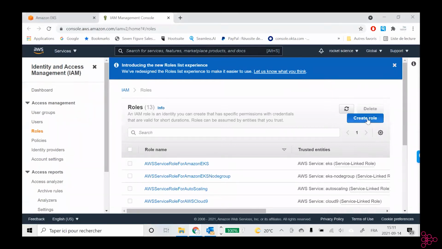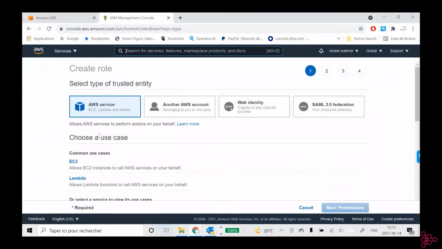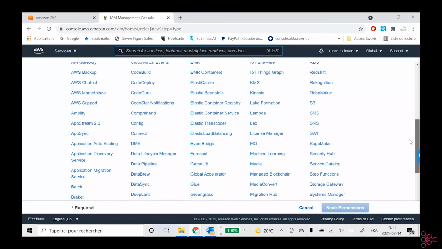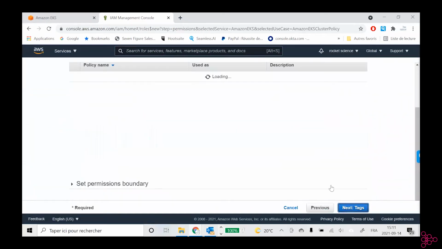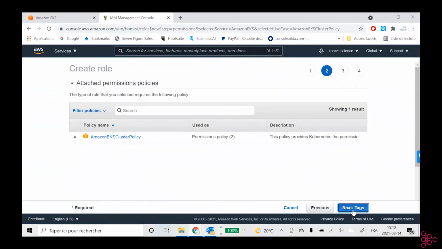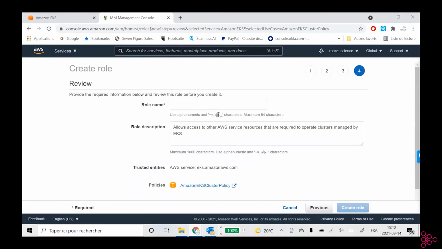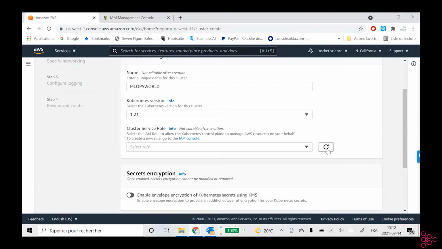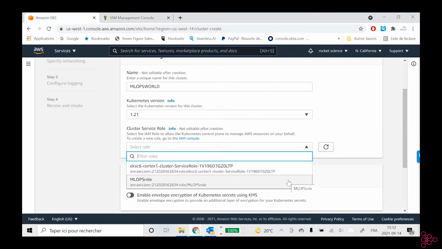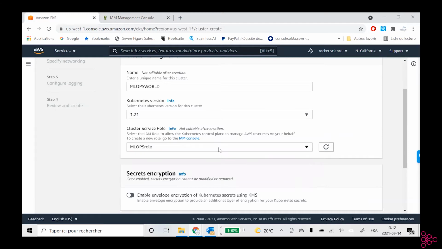So here you should click create role, then select AKS, then you select AKS cluster, then you click next. After that, you should be good. So you click next, then review, then you give a name to your role, whatever the name is, then you click create. After that, you should refresh here and you would see your cluster service role available here.